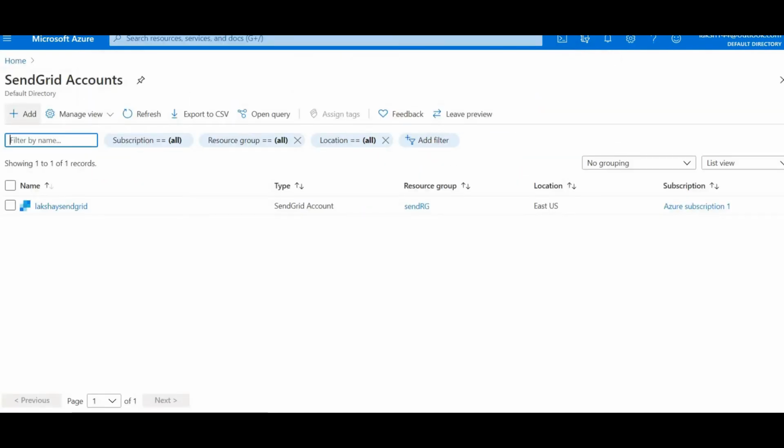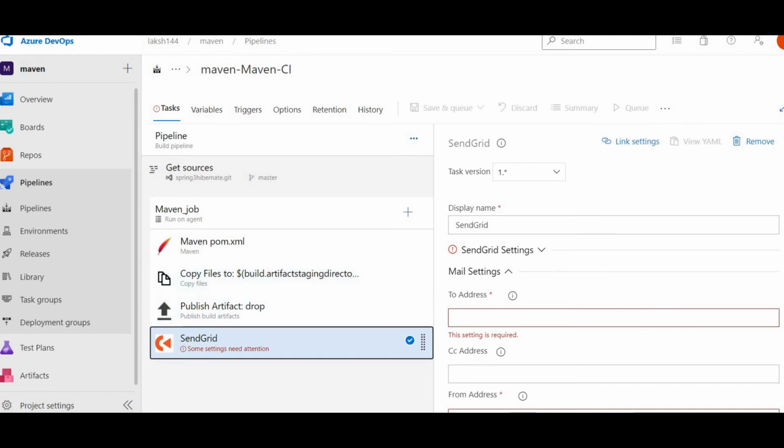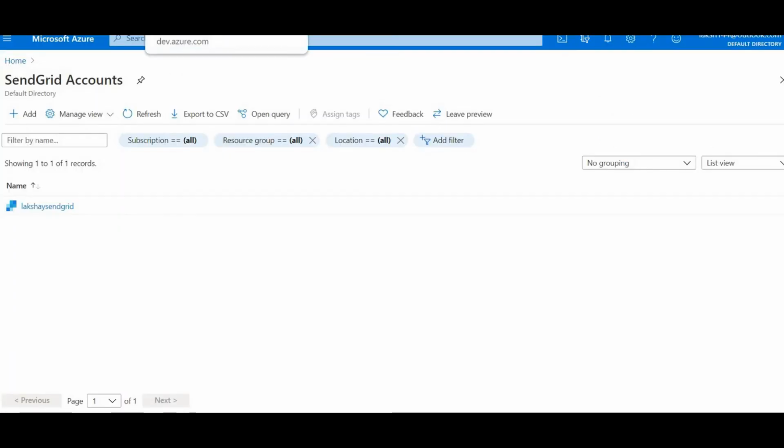I will create a new SendGrid account and show you how we can create it. The SendGrid task will be helpful to send build notifications to the specific email address which you specify. To use this task, we need a SendGrid account on the Azure portal, so that I am creating.